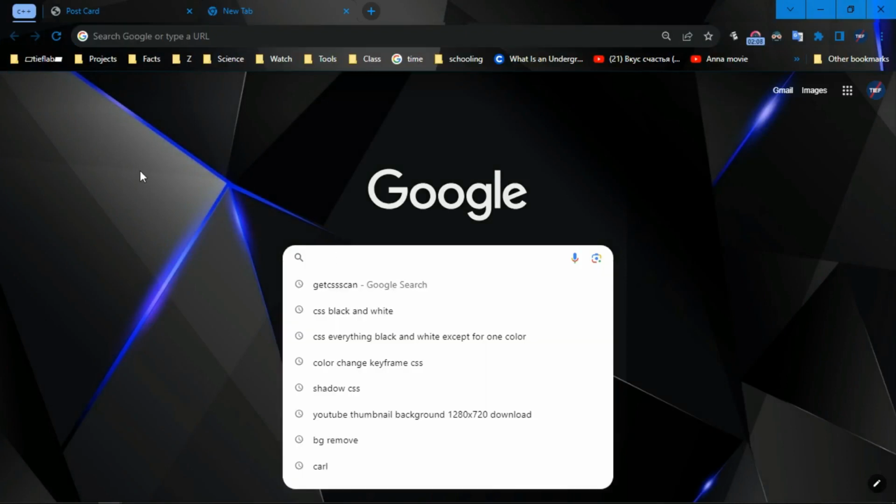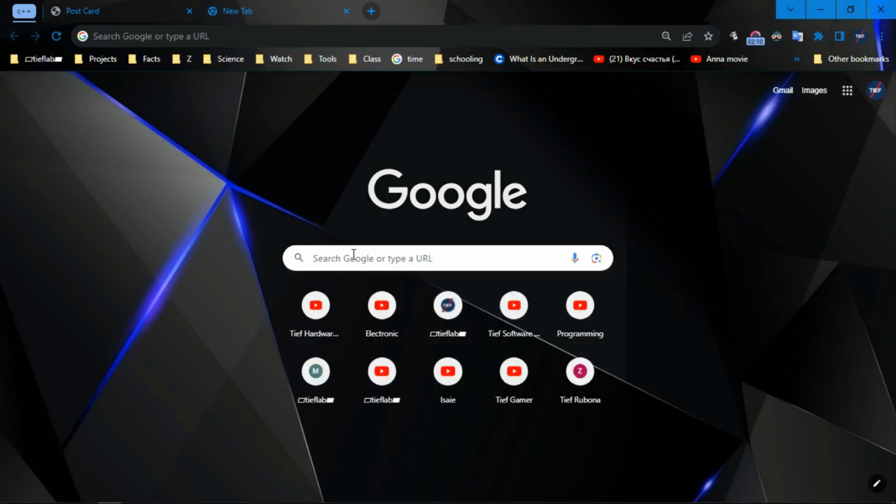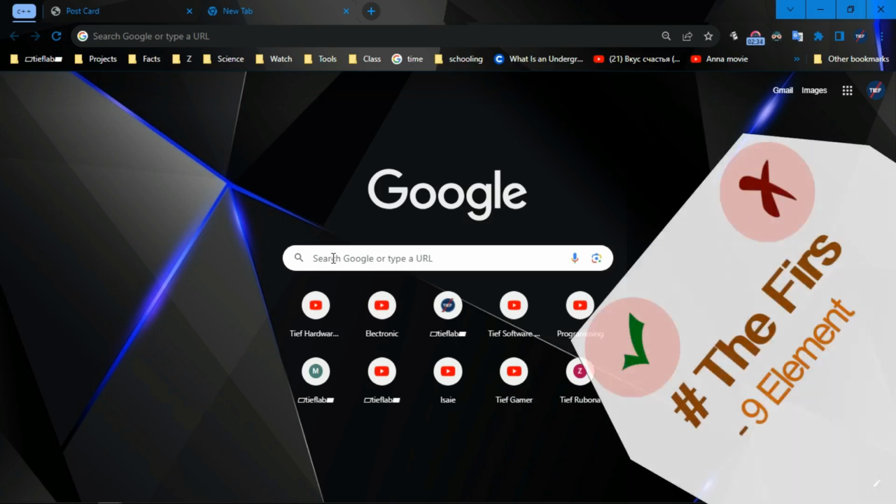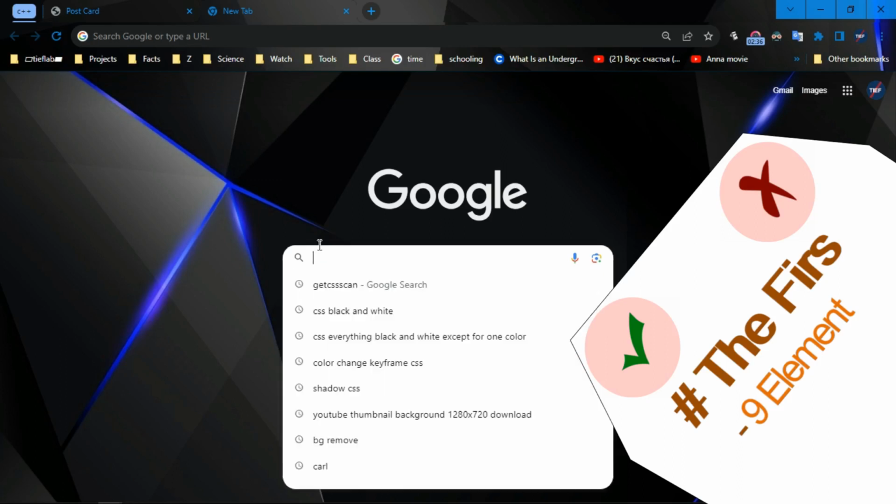The first one, which is my favorite, is a website called 9element. The coolest thing about this website is that it can help you adjust a box radius, changing it into the shapes that you want.